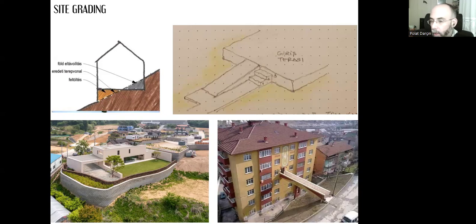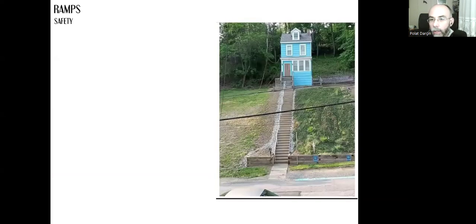We need to create these very weird entrances or bridges or something. This is the same for accessibility. If we cannot control the slope as required, then it will be very hard for the user to climb up all the stairs to enter the building. And we need to think about how they are going to access the building without